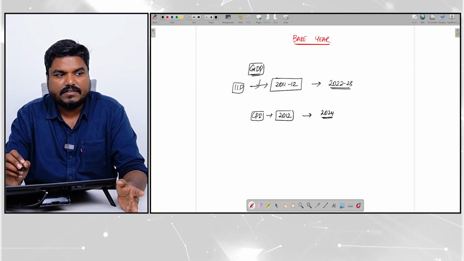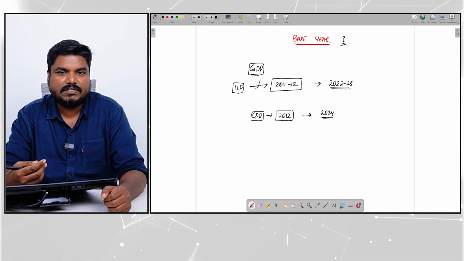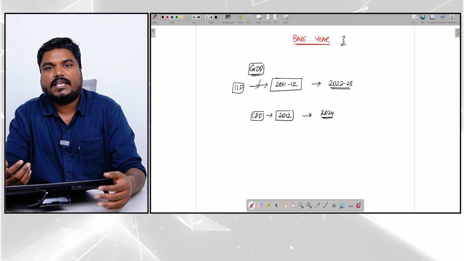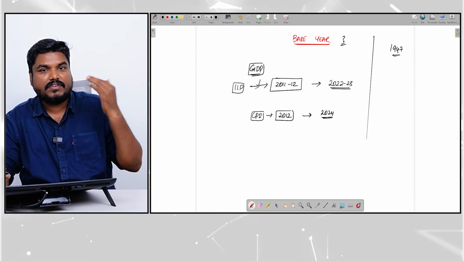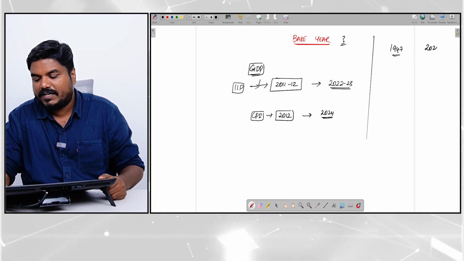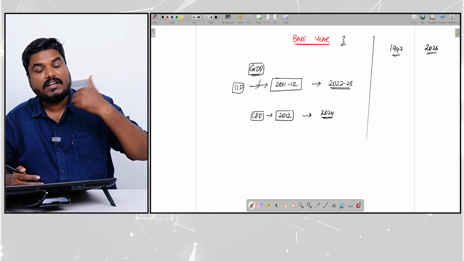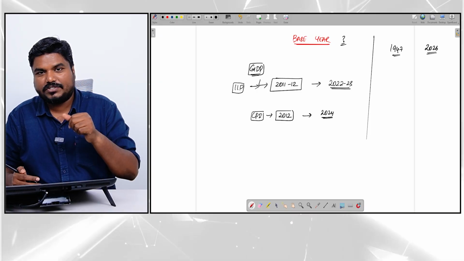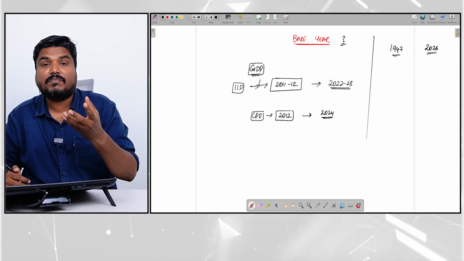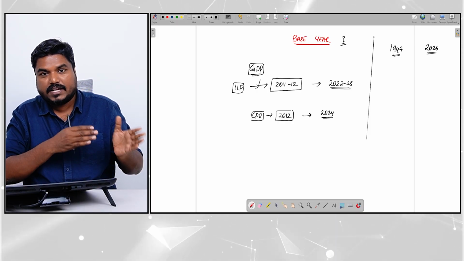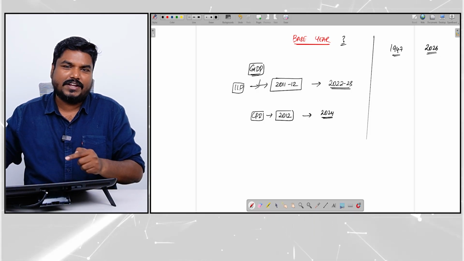Now the question comes, reference year we are able to understand, why this base year has to be changed. Now just imagine if I keep base year as 1947. Imagine I am keeping my reference year as 1947. We are in 2026. So when I compare the current prices with 1947 prices, in 1947 1 kg tomato might be available for 10 paise. Today 1 kg tomato it could be 50 rupees. Now when I compare with 1947 prices, it will appear that the current year there is very high inflation.